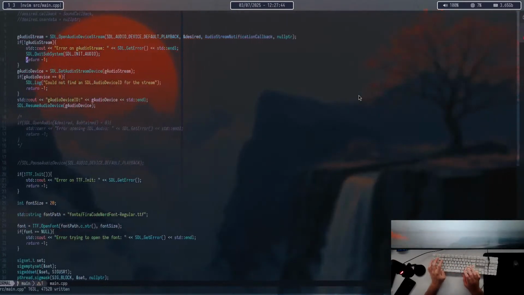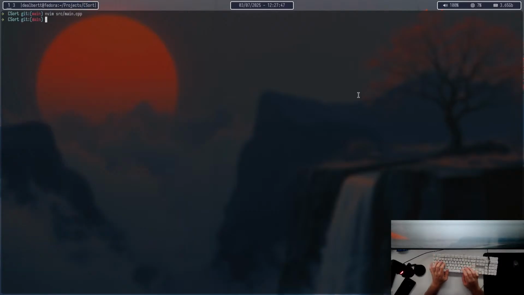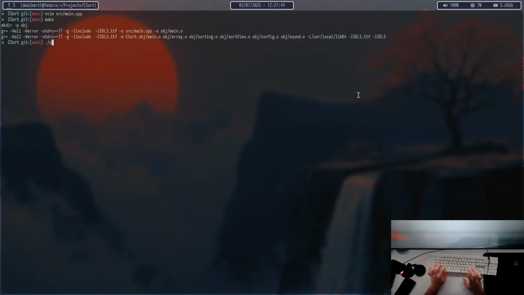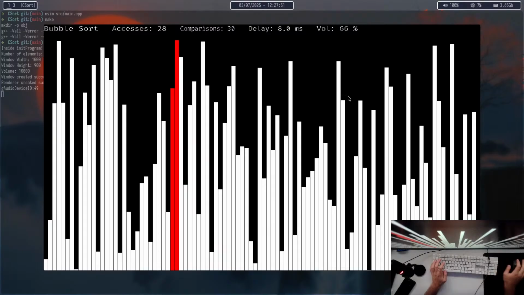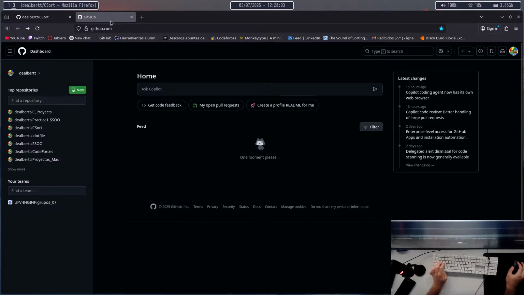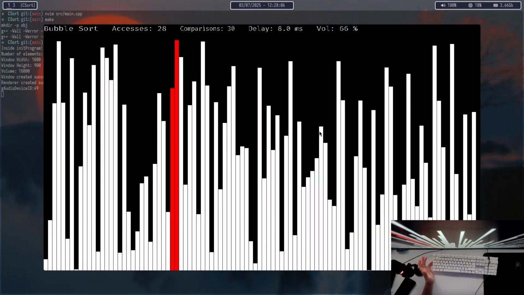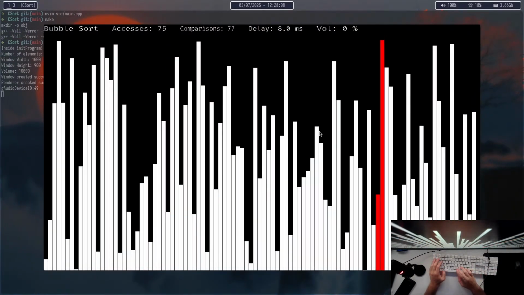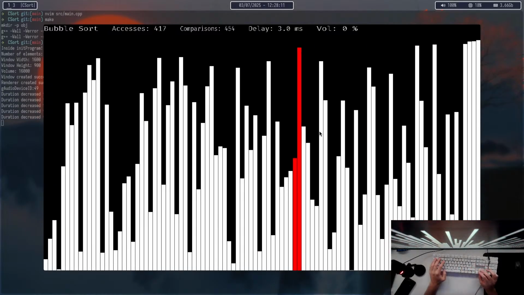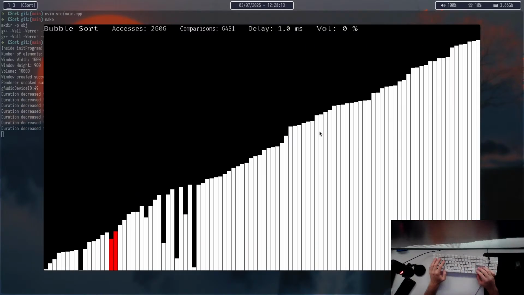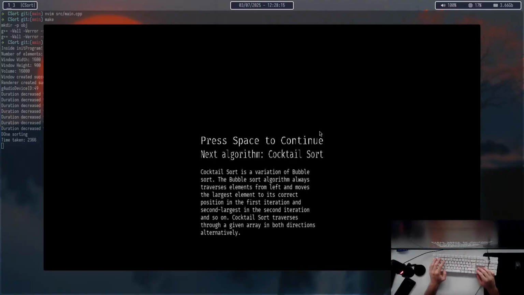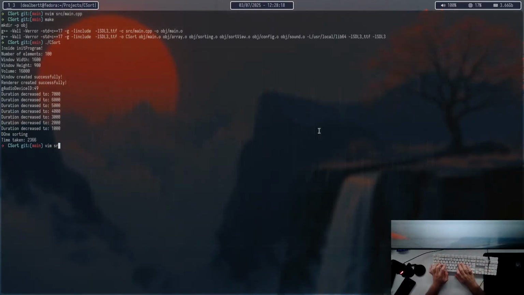So instead of having, let me show you, instead of having an array, or just rectangles shown in this way, I could do like a, I don't know, a circle. You know, kind of like in other videos, but yeah, I just don't know what I want to do. I think this is fine. I think you get the point with this, right? And then, boom. Then you go next. The thing that I could do is,